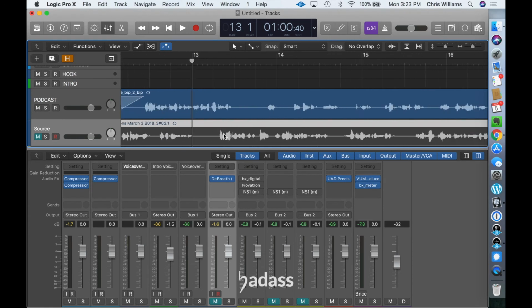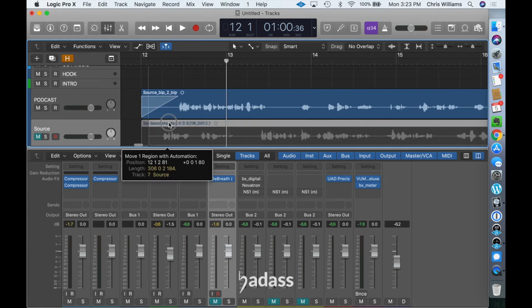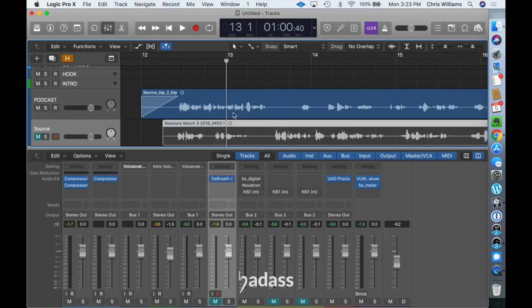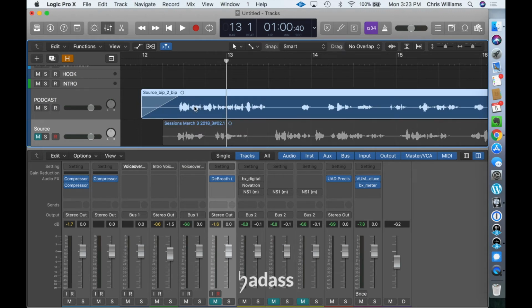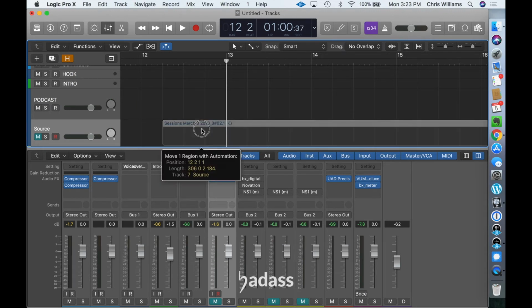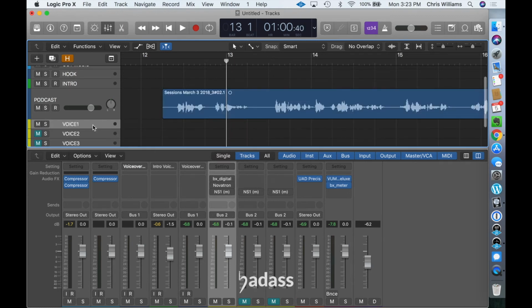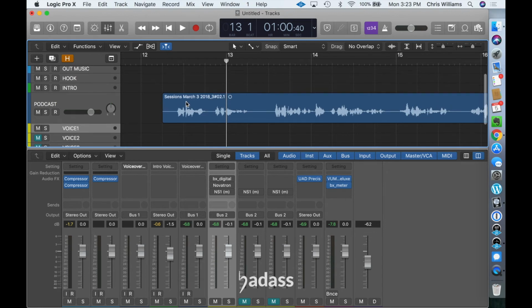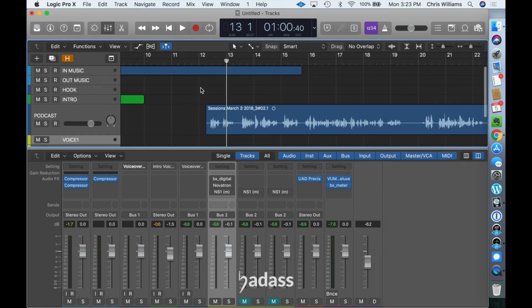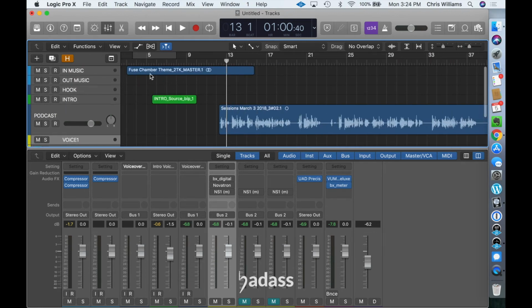Let's zoom in a little bit on that, so that my new audio starts exactly when the old audio started. And then I would just delete the old audio and slide the new audio into its place. Boom. Delete the old track because we don't need it anymore. So that source track was really just like a landing place for the new audio, so that I can slip it into its proper location, so that now the new audio lines up perfectly with my theme song and